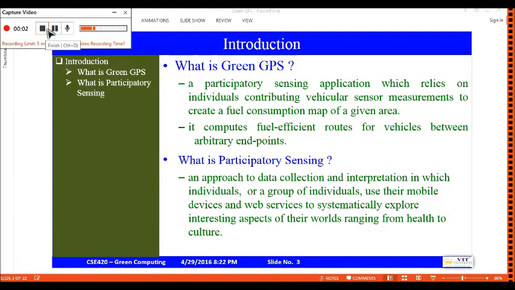Hello, I'm Akshay Mahajan and I'll be talking about participatory sensing. As we know, today mobile phones are more powerful than ever. They have sensors like camera, microphones, GPS. So these can be used to explore things which are important to us in the environment, from health to